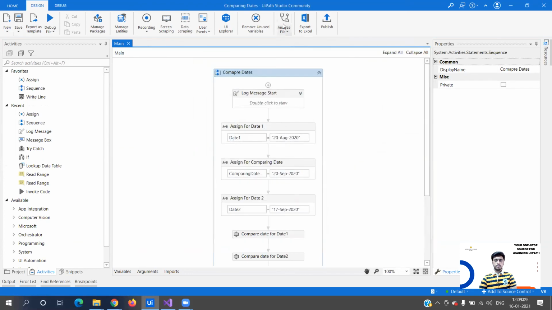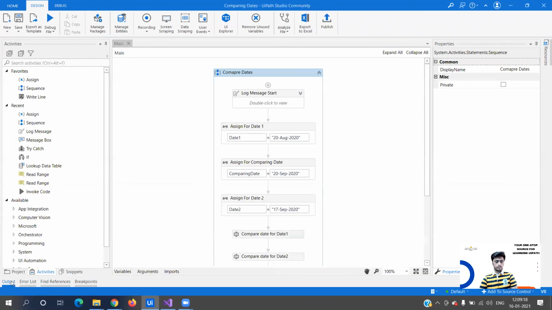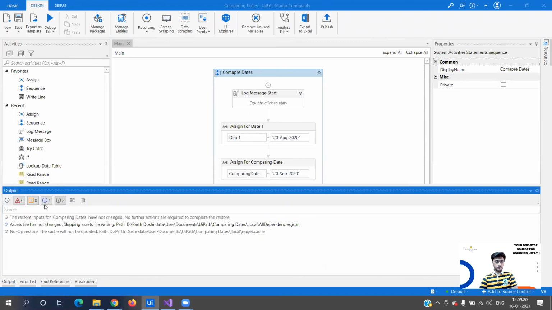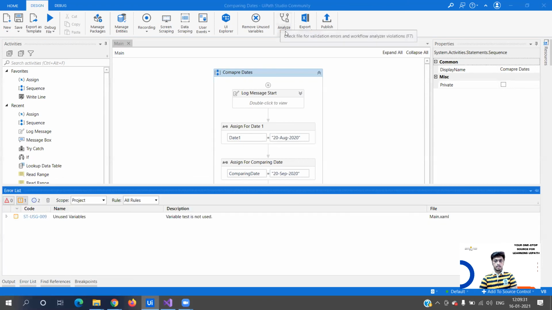Okay, I have to analyze the file. Now you see, since I've changed the error level, it is because of this.